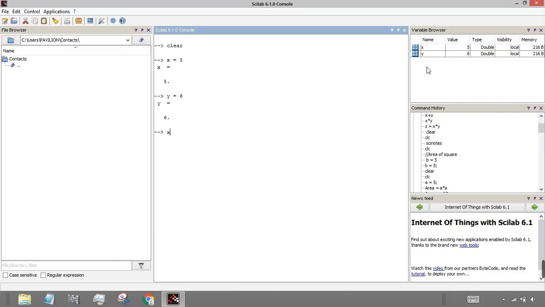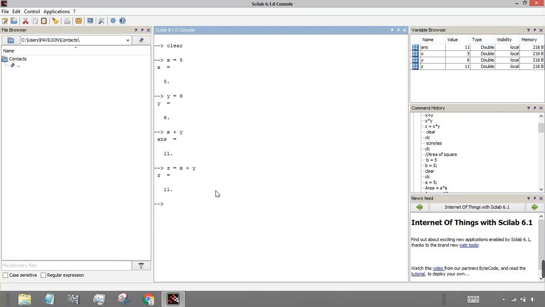To do the addition, you just do the normal addition and then press OK. It will create another variable named ans, or you can also create another variable like z equal to x plus y. So it will automatically create that z variable over there. So this is about our addition.